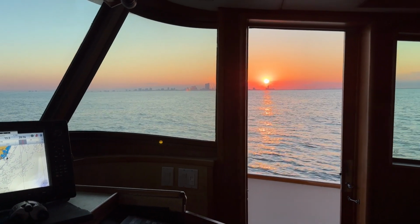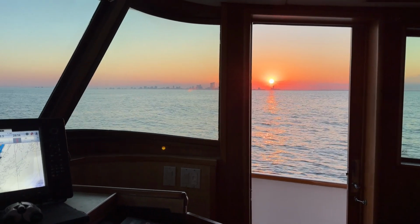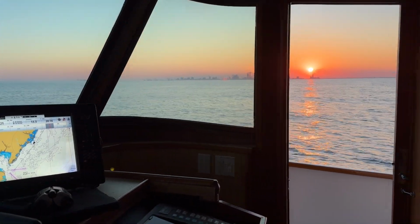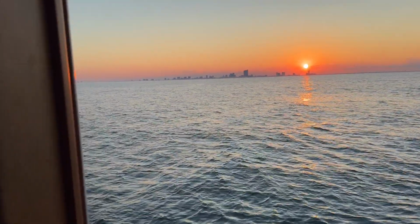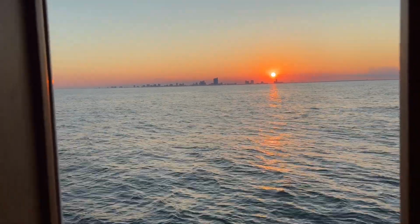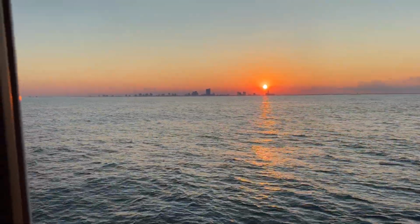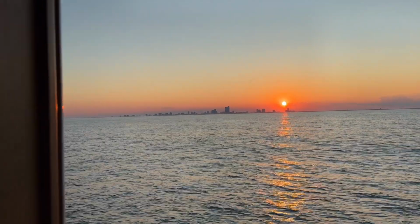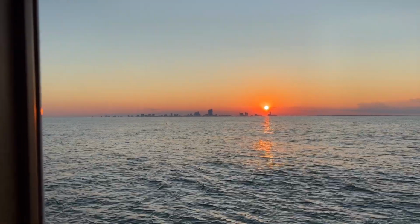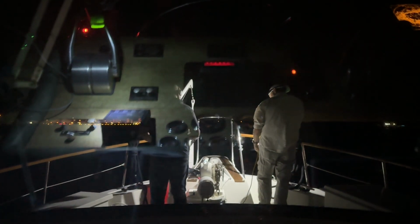So here we are, we're heading down the coast here, and our initial destination is Norfolk, Virginia. We did not make that destination. We ended up pulling into Cape May, and it was absolutely probably one of the worst stops that you can get into in this size of boat because the draft in there is very, very tight. So here you can see we're anchoring in the middle of the night in the channel, basically in Cape May,